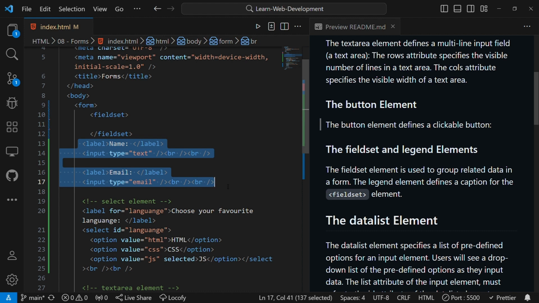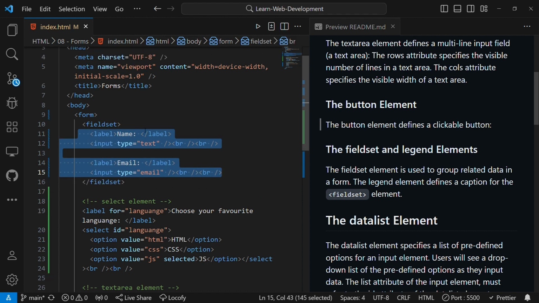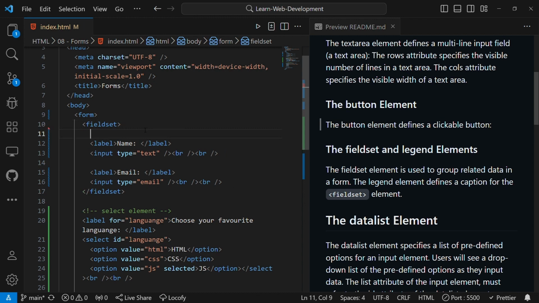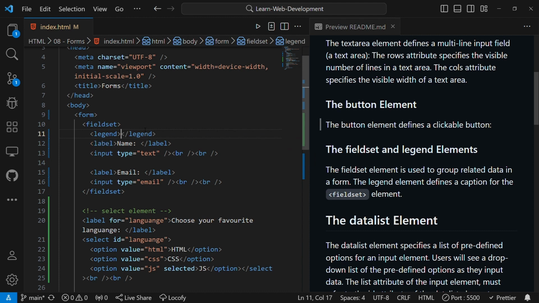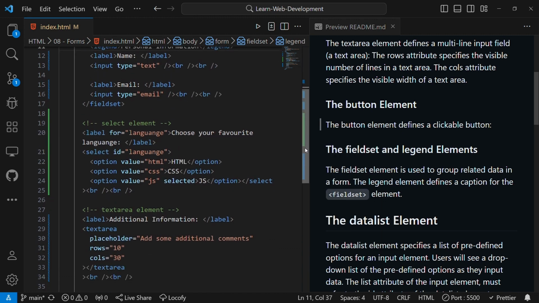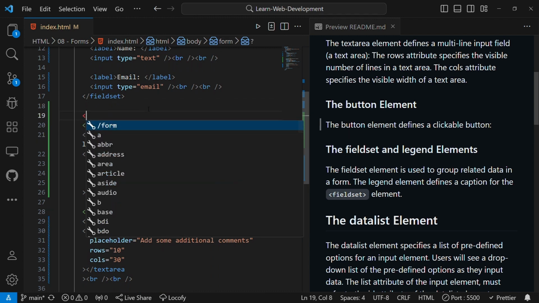To group is just to nest. So I'll put the first two inputs inside the fieldset. Then I said that the fieldset is used together with the legend. So I'll say the legend is, let's say, personal information, like that. Then I'll group the rest, the select and the text area, inside another